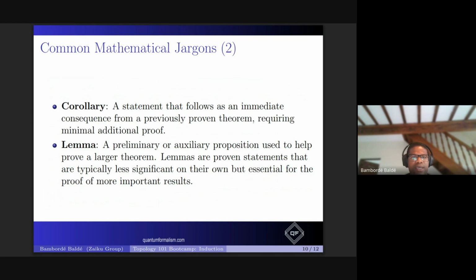I don't think we will use any of them, or we might. We'll see how it goes. Just in case you see this word, it is also a theorem, just like a corollary. They are theorems, but they are organized so that it is understood where they fit in the context of mathematical proofs. A corollary is a consequence of something else. A lemma is a build-up to something else.